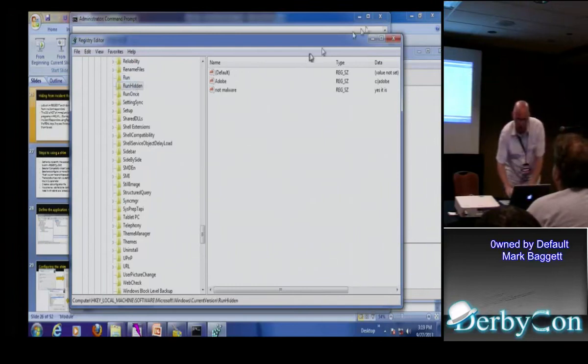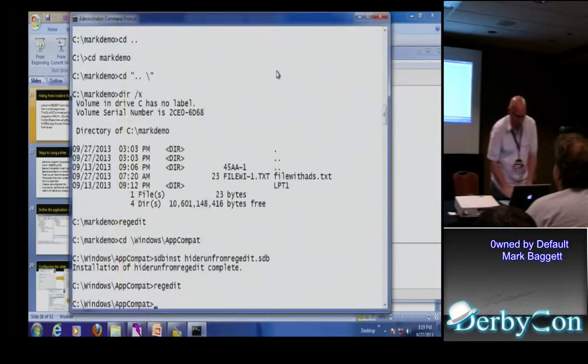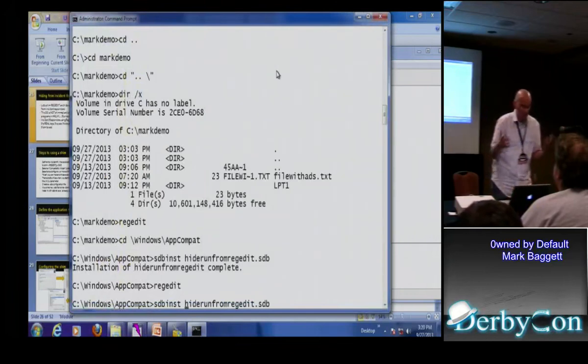All right, so that's interesting. I can hide from incident responders using the application compatibility rootkit. All right, let me go ahead and uninstall this because otherwise I will. So it's installed. Can't see it from regedit, but what does the operating system see? Well, the operating system still sees the regular keys. So if I do a reg query,